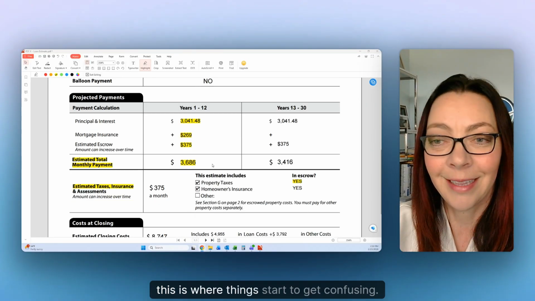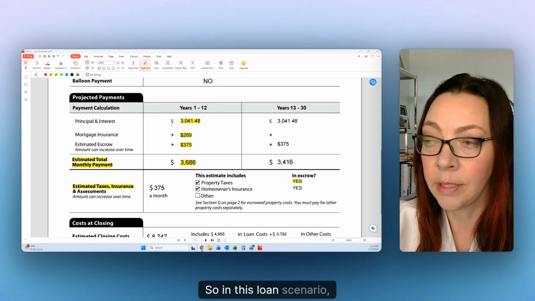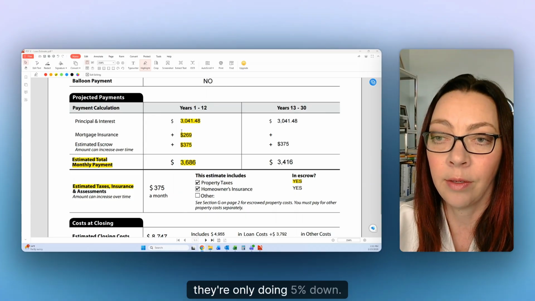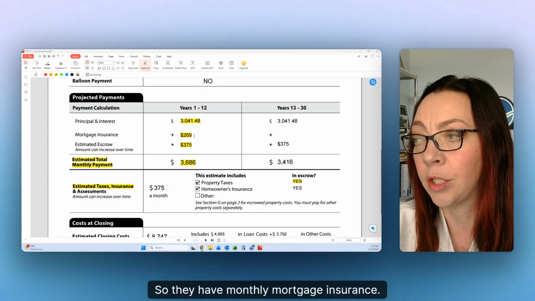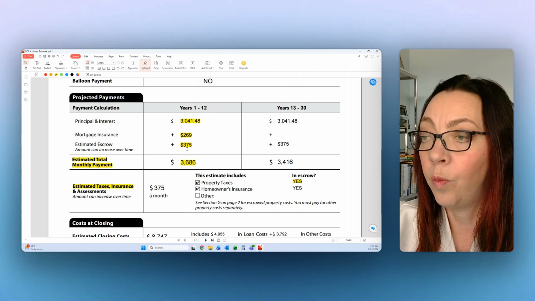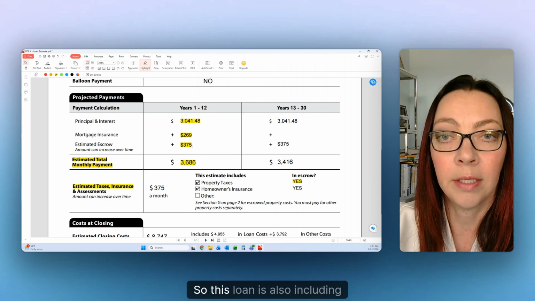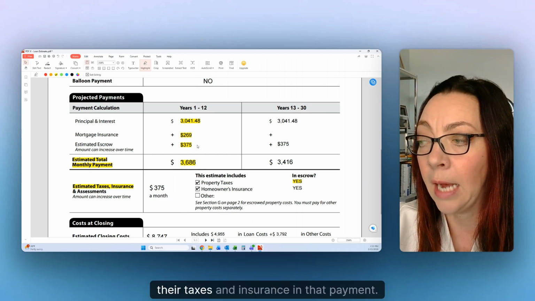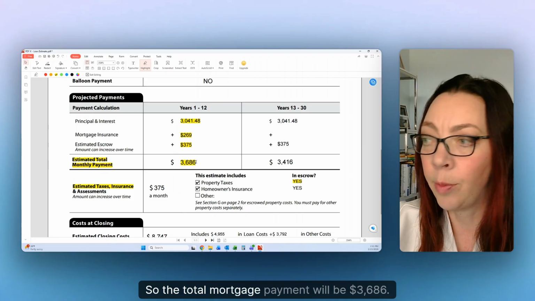Okay, this is where things start to get confusing. Okay, projected payments. So in this loan scenario, this mortgage, they're only doing 5% down. So they have monthly mortgage insurance. So this first column is showing the total payment with mortgage insurance. So principal and interest, mortgage insurance, and the estimated escrow account. So this loan is also including their taxes and insurance in that payment. So the total mortgage payment will be